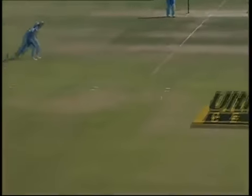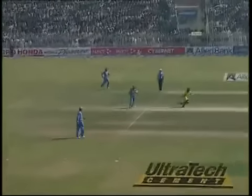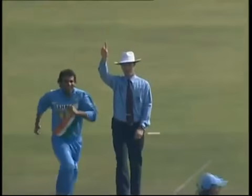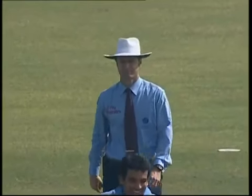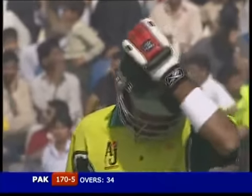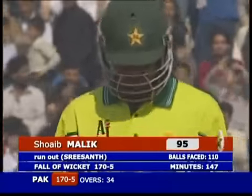Just mentioned that Sri Lanka attacked the ball, and he was aggressive in his intentions, and in the end, good results for India. Why do you need to run the second one? Beautiful throw right on top of the stumps, and he was not in the picture even. Simon Taufel, don't need the 3rd umpire. Malik once again gone in the 90s. Big blow for Pakistan. Can India come back now? Gone for 95,